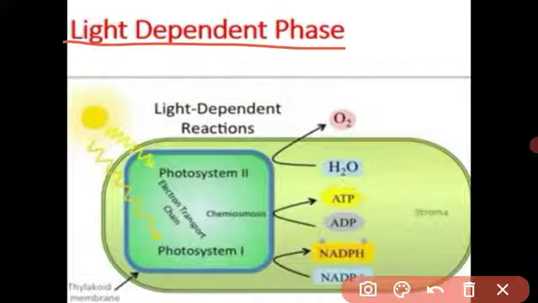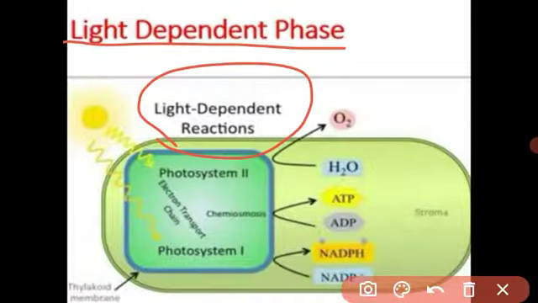This hydrogen is added into the NADP. NADP is present in the stored form. When the hydrogen is added into NADP, it forms the NADPH. This NADPH hydrogen reacts with carbon dioxide and converts into the glucose. ये सारी reaction कहाँ होती बेटा? light dependent reaction. It occurs in the thylakoid. Understood? Next is the light independent phase.